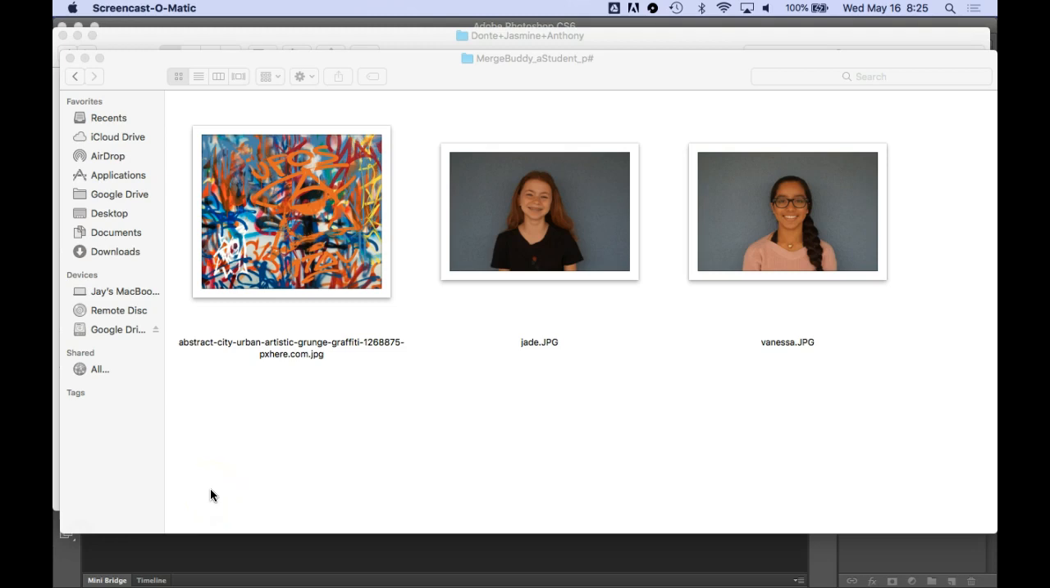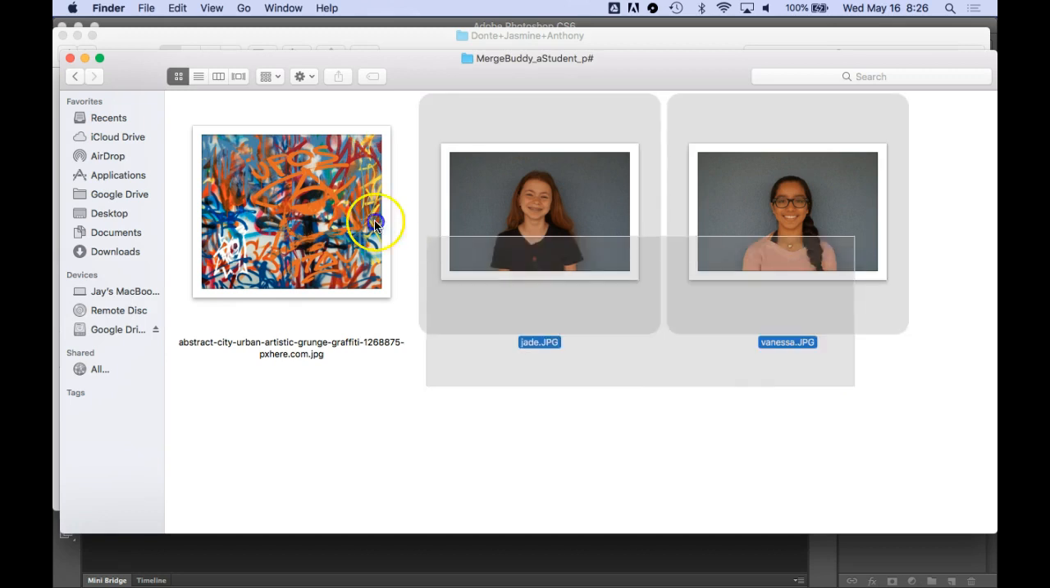This is how you merge two photos and add them to a background. This background is a lot larger than we need, but we'll worry about cropping it later. I've downloaded two photos from two different students from my first period class. So I'm going to select all three of them,